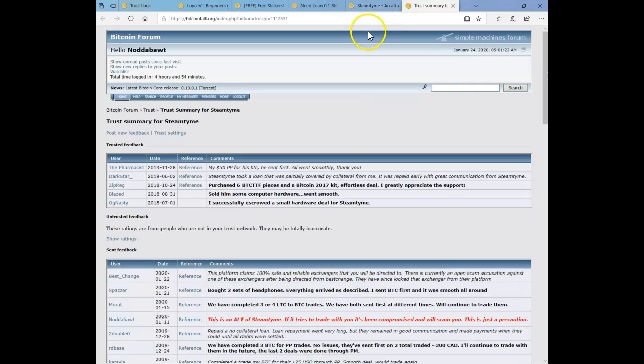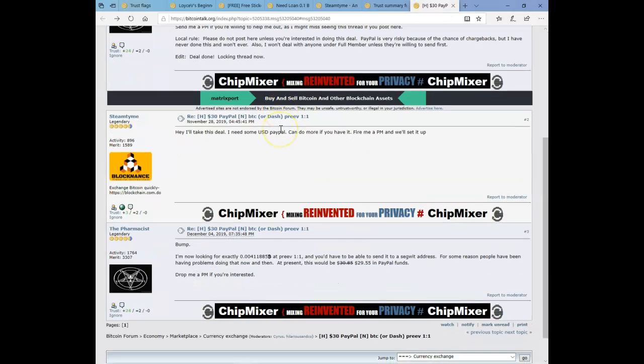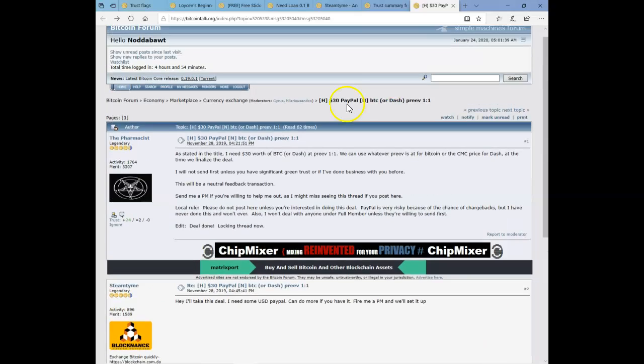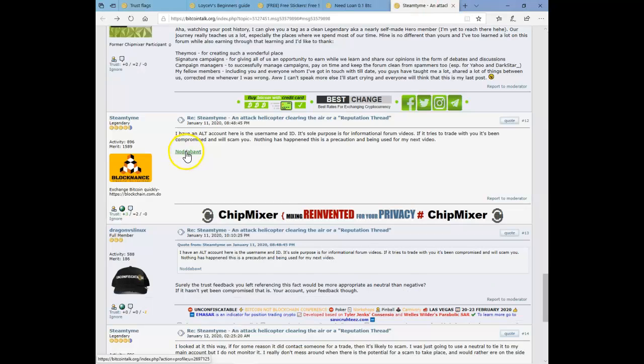You can click here on my main account, and you can see the feedback that I've been left. So I've made several trades with individuals, and they've left me accurate comments. And if you click on this reference, it should go to where me and the pharmacist decided to make a deal. As you can see, there's a thread, it's accurate, and you can understand exactly what took place. The same goes for the Notabot account. If I click here to bring up its profile,